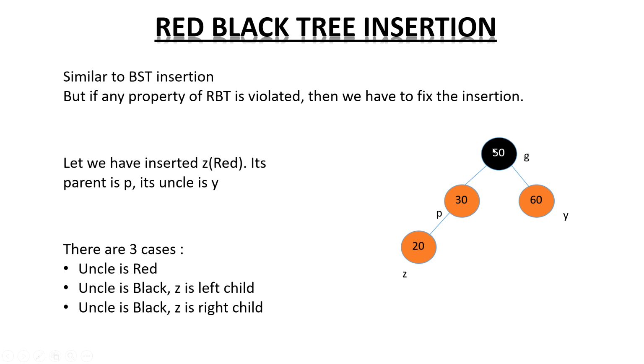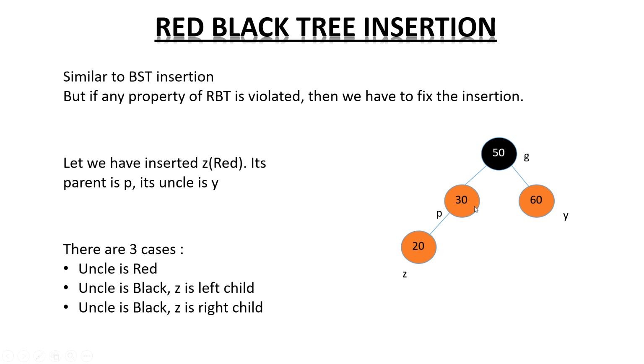20 is less than 50, so we have to go to the left subtree, and 20 is also less than 30, so we go to the left subtree again. But in this case it is null. 30 has a left child which is null, so in this null position we have to insert 20. After inserting 20, we have to color it red. After the binary search tree insertion, if any property of the red-black tree is violated, then we have to fix the insertion. In this case, after inserting 20, there is a